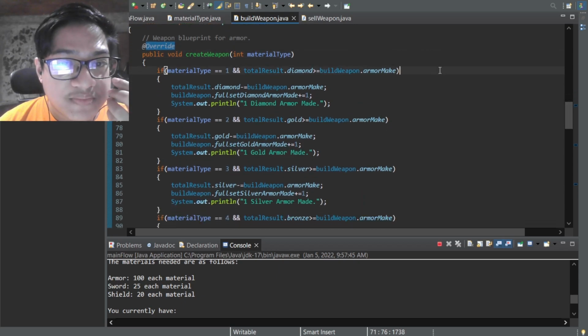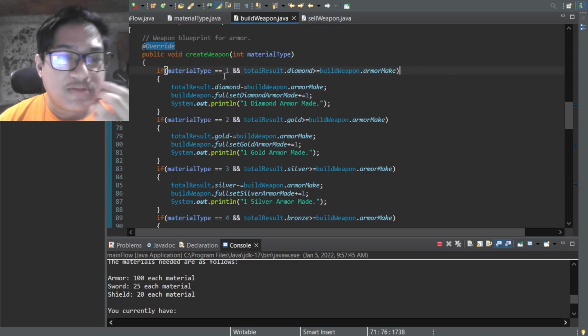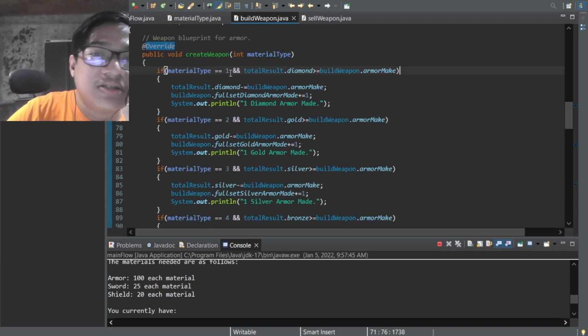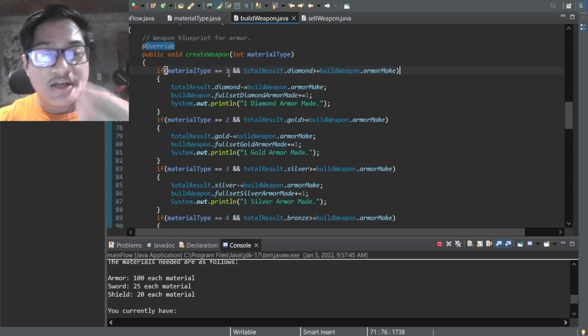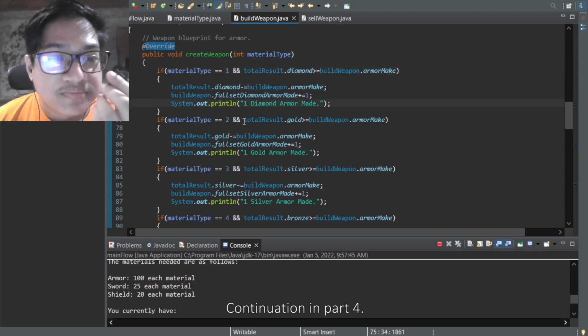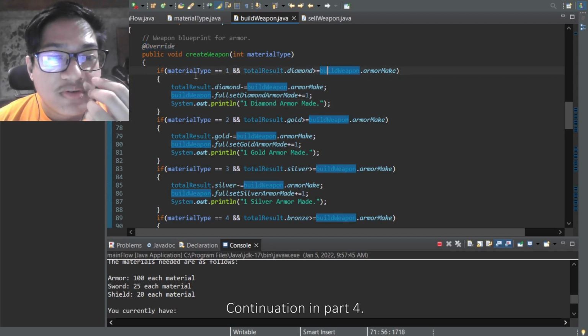We have here the if condition. So if the material type is 1, and the 1 in here is what I set as the material for diamond, then it will after